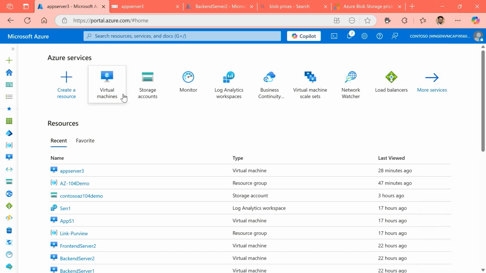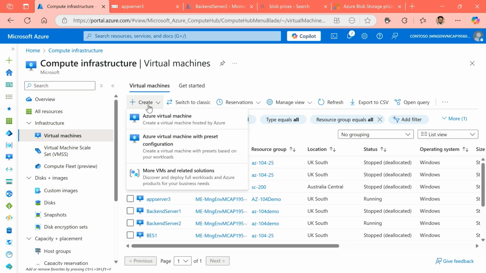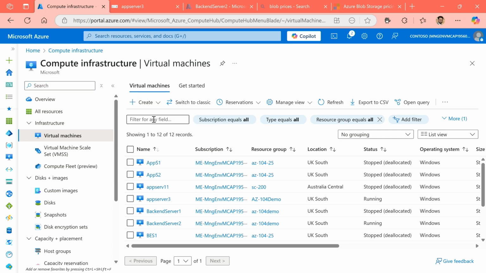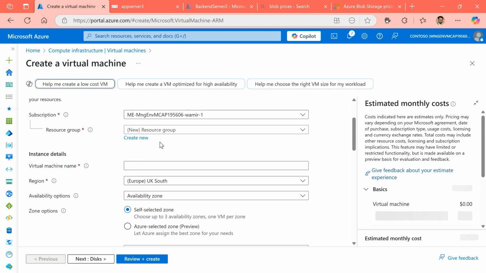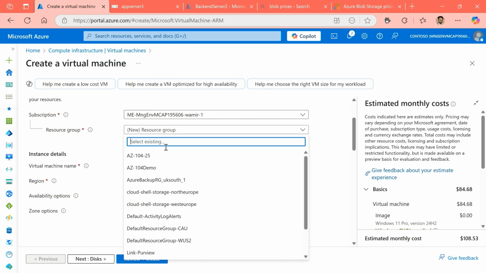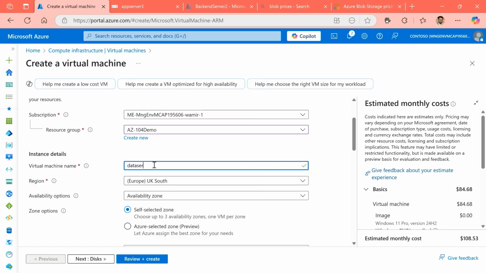All right, we're back into the portal. So this time we're going to click on a virtual machine and let's go try create a new virtual machine. Again, I'm not going to go into details. In the first part of the session, you can watch how we configured a virtual machine. All I'm going to do is go down into picking some basic details to begin with. Call this a data server, and that's where we're starting, and leave it in UK South.